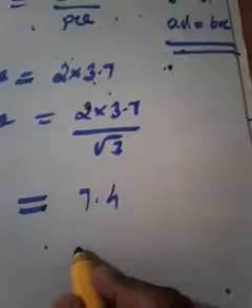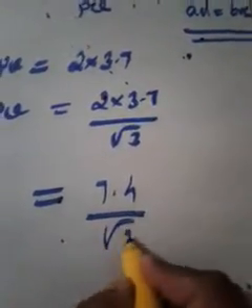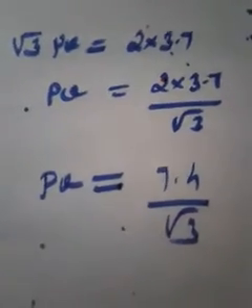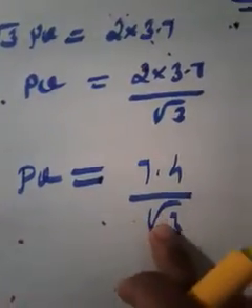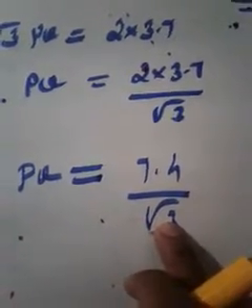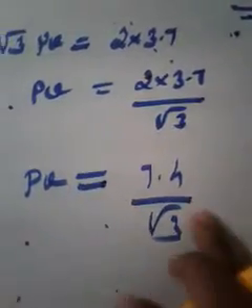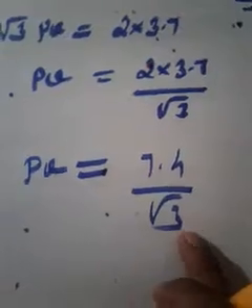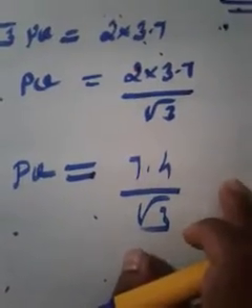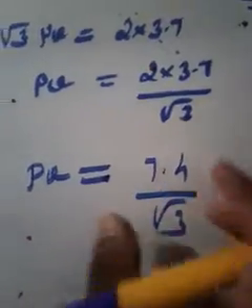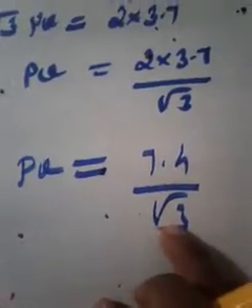7.4 divided by root 3, and we got PQ. You can stop here, no problem. But still, just see the denominator. The denominator has become an irrational number, no? When the denominator is irrational, this rational number is not in a standard form. We have to make every rational number into standard form, because this number is a little disturbed, since the denominator is an irrational number.